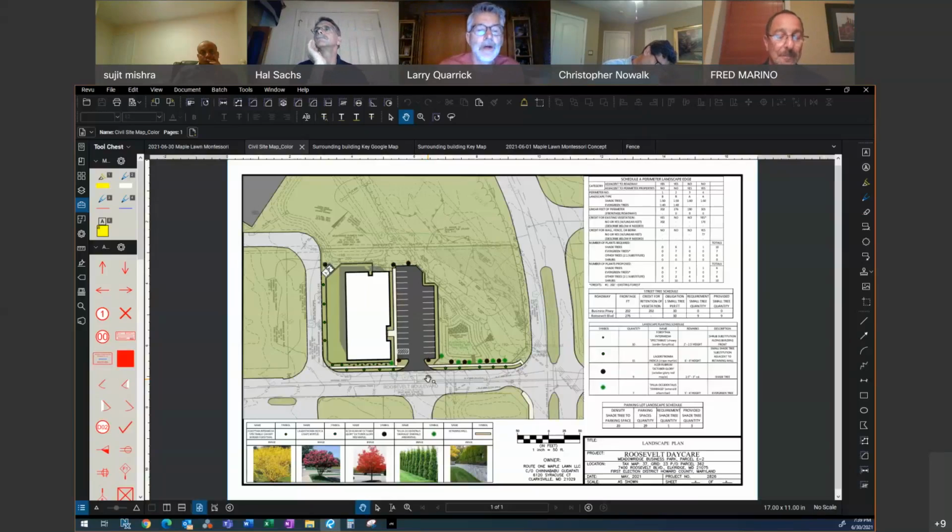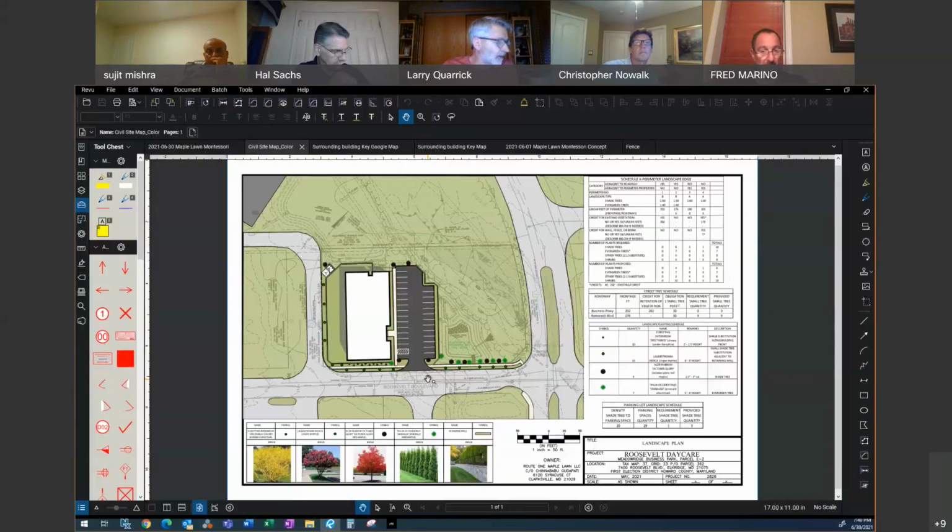Right. And then I look at your landscape palette. I have nothing against red maples. It's a native tree. The rest of the panel knows that I'm on the Chesapeake Conservation Landscape Council, and we're promoting the use of native trees and shrubs where possible. That's not to mean that every shrub and tree has to be native, but when given a choice, the river birch is native, the red maple is, the crepe myrtle is not. I'm not against using it, but you are using, I think, 15 crepe myrtles. That's the most of any tree there.